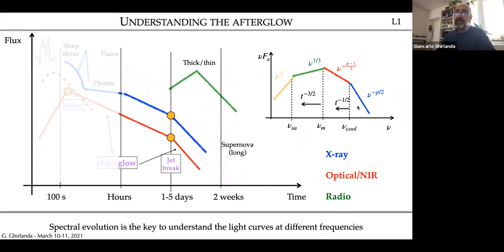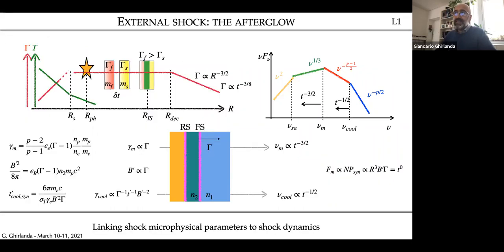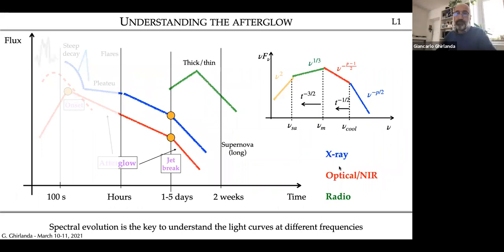I try to make this clear here, at least for the intermediate and late phases. If you think about sampling at an energy which is more or less in this region here, you should see a decay of the emission. If the X-ray is sampling also this energy part, you see a parallel evolution, okay, up to the jet break. And as you see, understanding this,